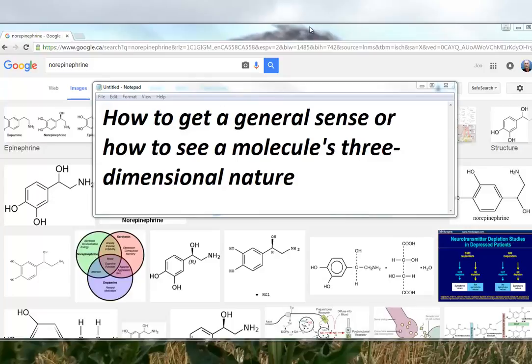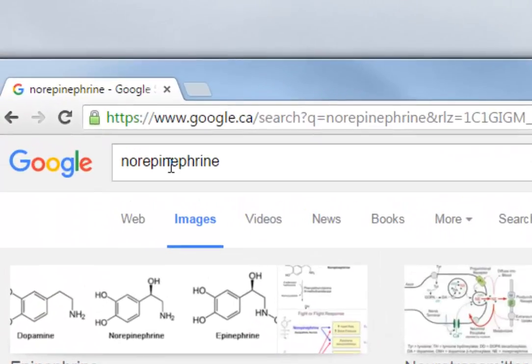Okay everyone, I'm going to do a little demo here on how to get a general sense of a molecule's three-dimensional nature, with the idea that you need a general sense of the three-dimensionality of different compounds, and for some assignments you actually need to build a three-dimensional model yourself. So for the sake of argument, I'm going to pick norepinephrine, noradrenaline in some cases,